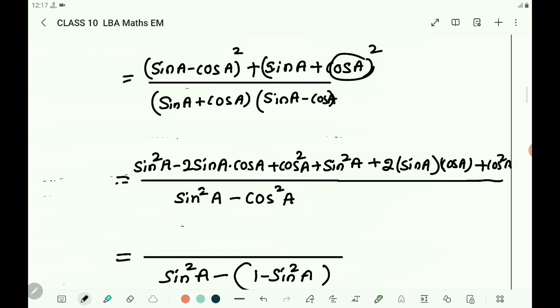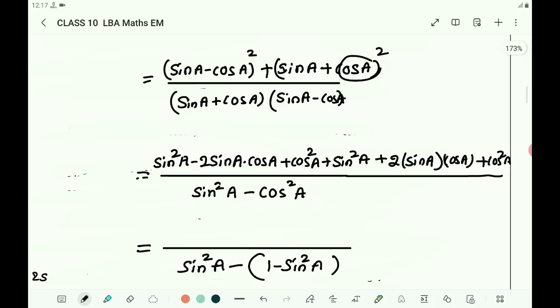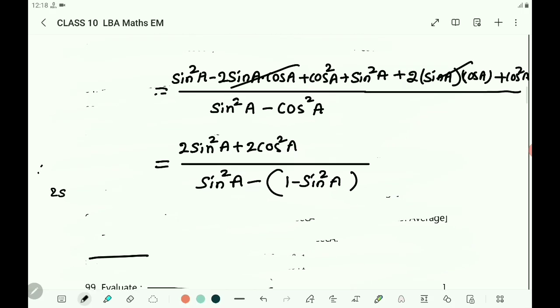Now, in the numerator, write sin square plus sin square together, that is 2 sin square A. Similarly, cos square plus cos square together is 2 cos square A. Then you write 2 sin square A plus 2 cos square A minus 2 sin A into cos A plus 2 sin A into cos A cancels, equals,